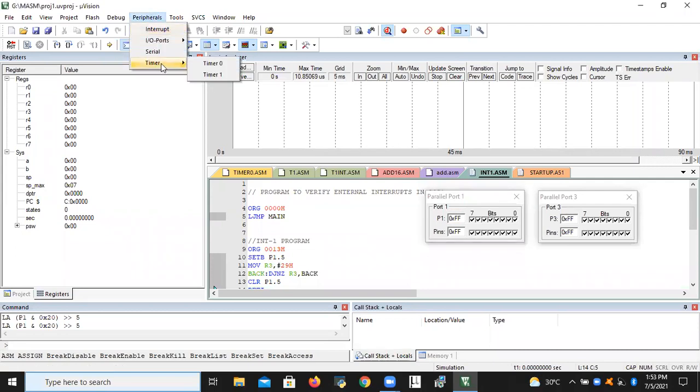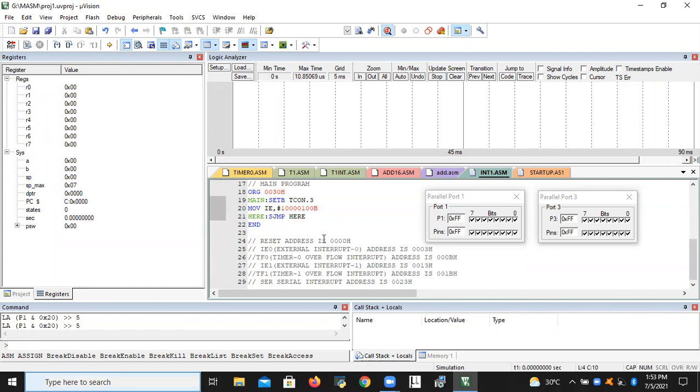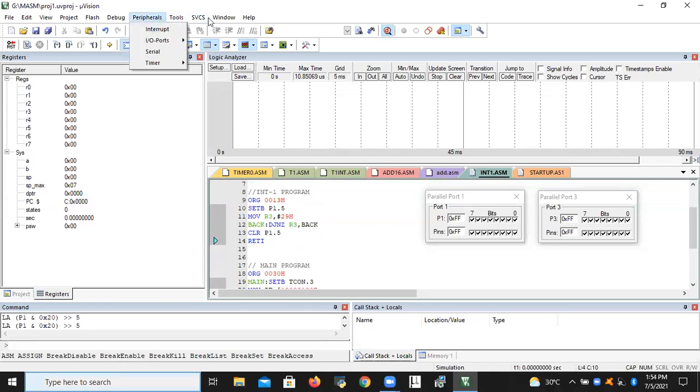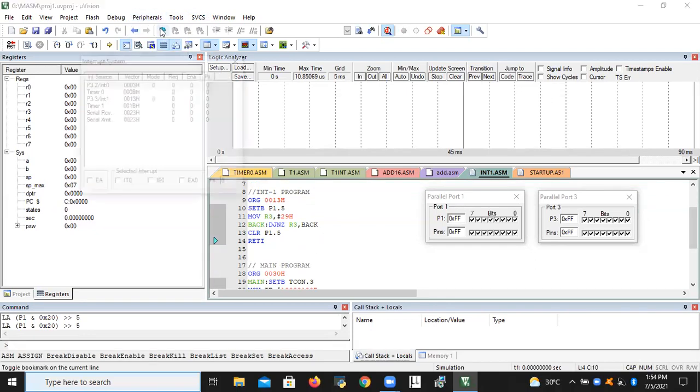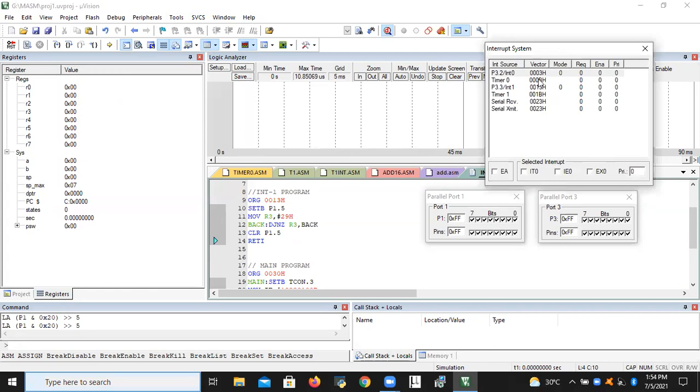Peripherals, we will also use the timer in this. Interrupt enable register and interrupt priority register. You can even check which interrupt is enabled.